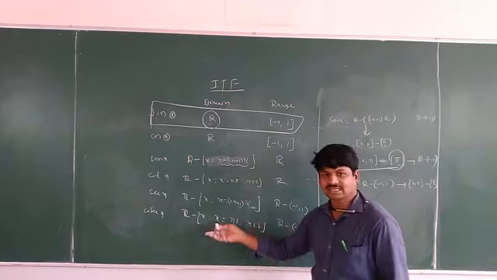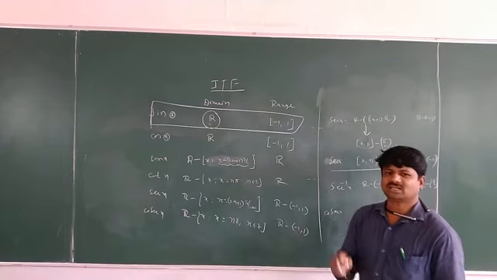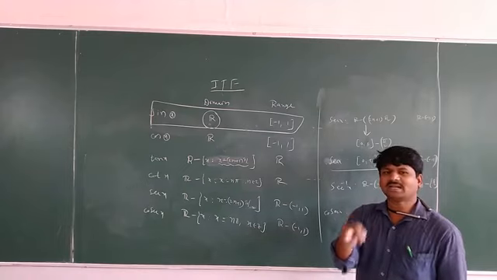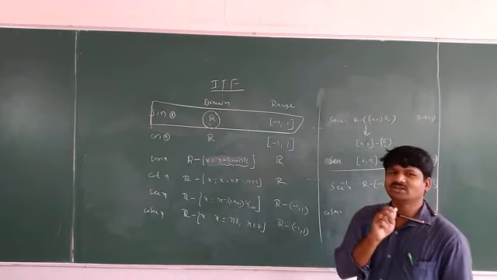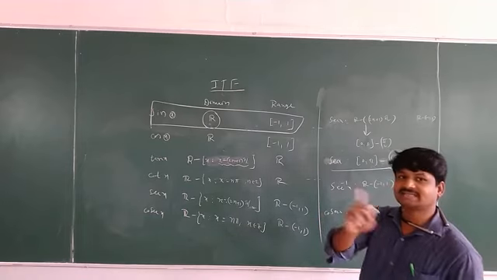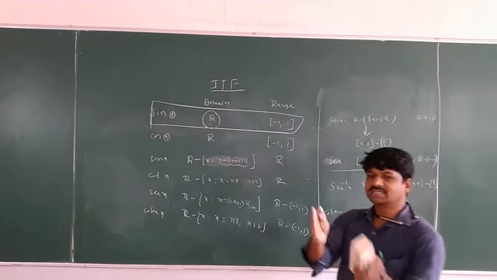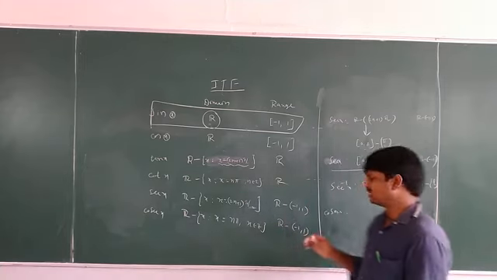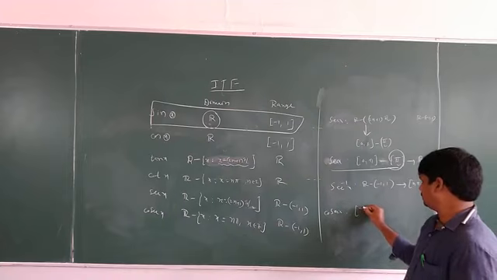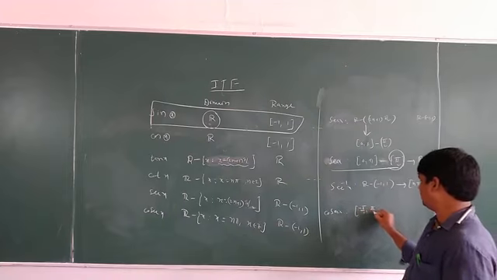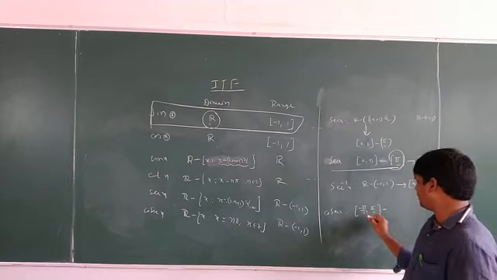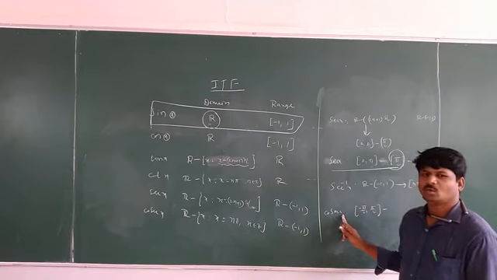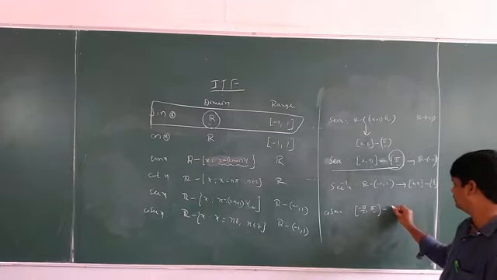See, this domain I am restricting like this. Cosecant means it depends upon sin, or not? 1 by sin. Sin must not be equal to 0. Which value is giving sin 0 here? So cosecant is also depending upon sin. What is the restricted domain of sin? Closed minus pi by 2 comma pi by 2, or not? Here, between minus pi by 2 and pi by 2, what is there? 0 is there. Cosecant 0 is not defined, so you have to remove the 0.